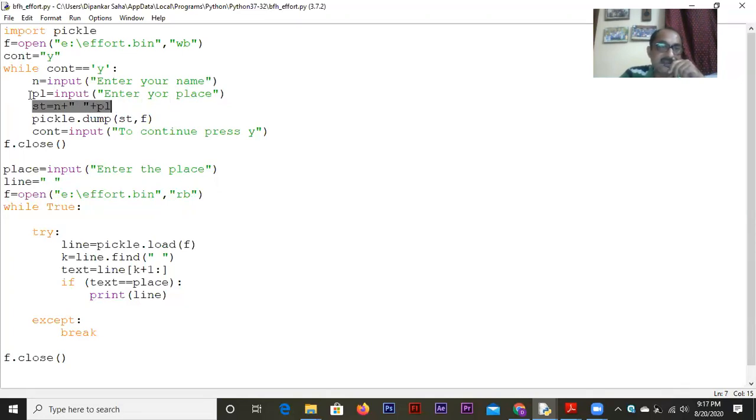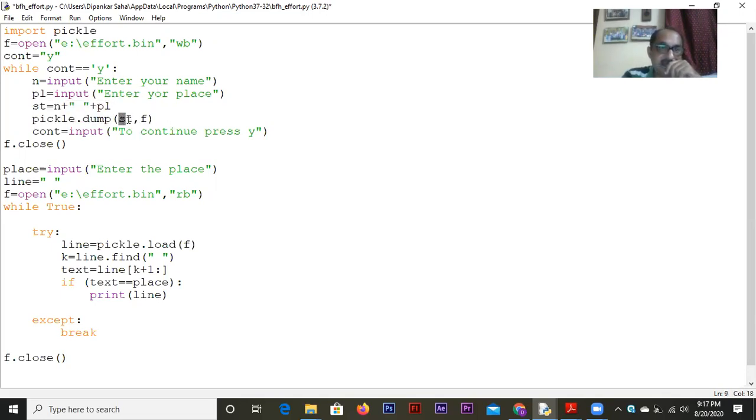Now let me remind you, if there is any numeric item here, like the age of a person or the percentage obtained by a student, then it has to be converted into a string by using str. Like roll number or percentage, you use the str function and apply it on the numeric field. Then you concatenate them in a particular string, so st becomes a line having the complete record in it. Now I have taken only two quantities. There might be questions where three quantities are involved, so I will concatenate three items here, and then I have done pickle.dump. You know that, okay?